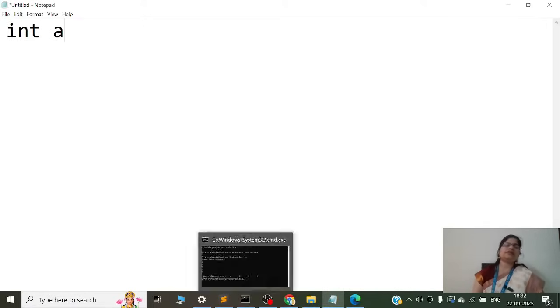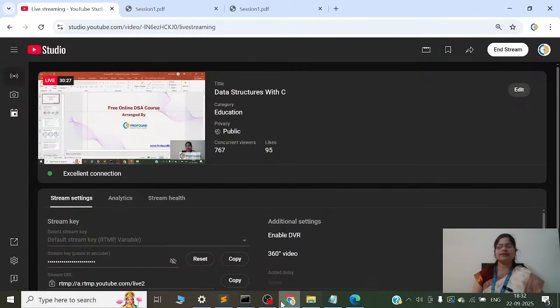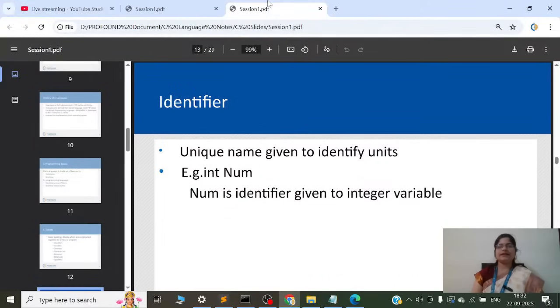You will identify by my name. Same way, like int a. A is an identifier. Or if I am writing void main, this is a method, but main is an identifier. Unique name given to the entity, that is known as an identifier.